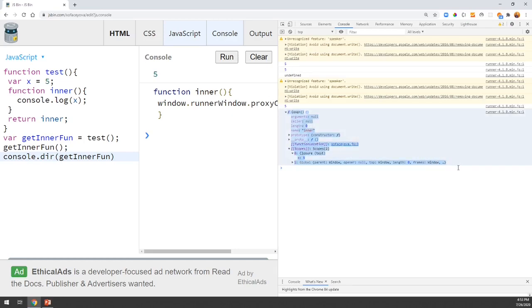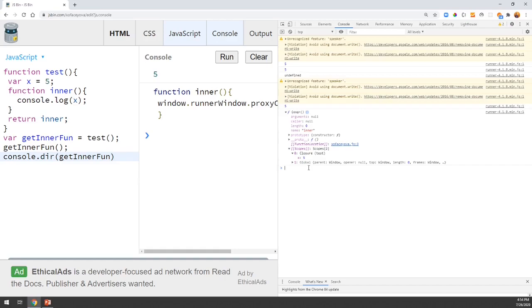As we have seen, every function will have a closure. Similarly, whenever we create some function, here we can see inner function, it will have this scopes array, and inside we will have closure and then global scope as well.